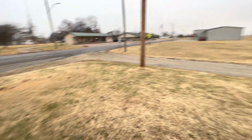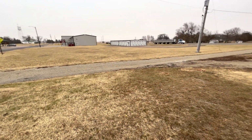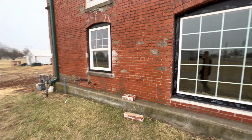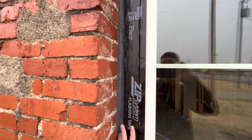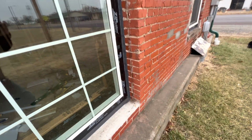And so yeah, I'll probably put up a privacy fence here, some kind of trees back here as well, to hopefully kind of block some of that wind. But yeah, that's the reason I've been doing a lot of this, just sealing all this up really well. Hopefully it's done really well. I've never done it before, but